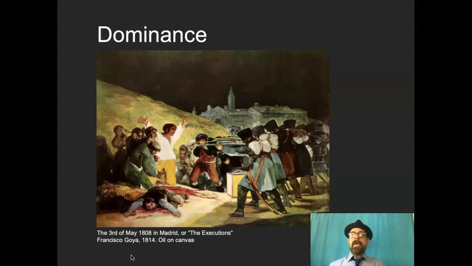Dominance, right? The establishment of an area of the design that's emphasized or has the greatest visual weight, a focal point, right? And the way that you create dominance and the way that you create focus is contrast. If we go back to variety, if we put white next to black, we're going to pay attention. Now, there are other ways to achieve dominance, right? You can isolate something and set it off on its own, and it gets more attention that way, believe it or not. The placement of objects, like if we look at the dominant element here in this piece by Goya,